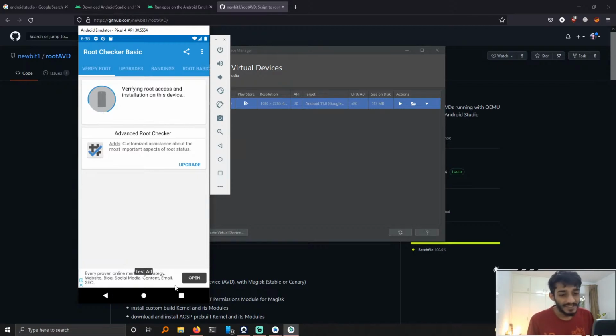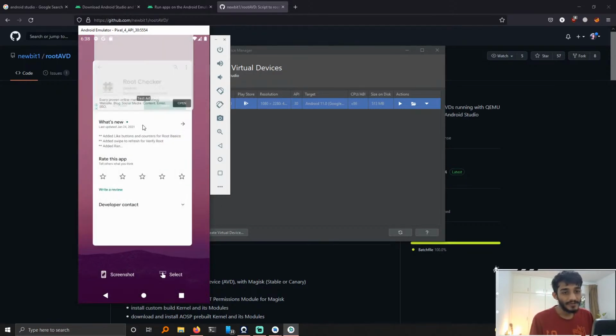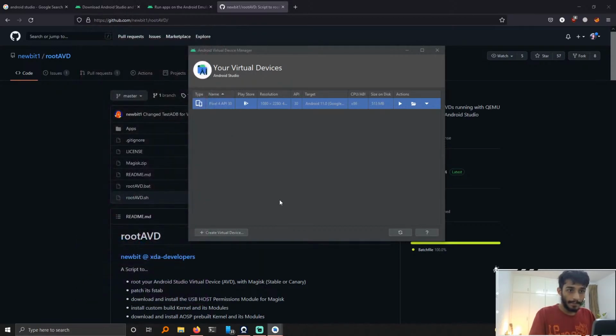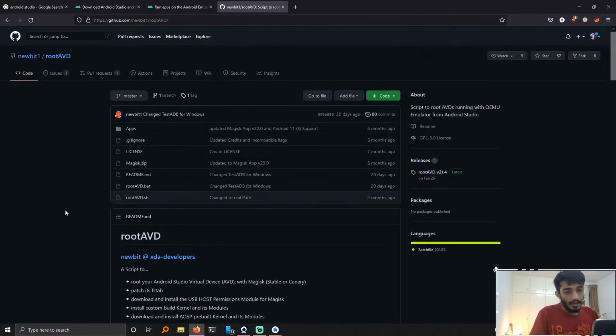Oh, of course, it's not going to work, right? Because we are not rooted. We just wanted to make sure that the app is installed and working fine. Okay. And now that we have confirmed that, the next step is to have Magisk running on it. For that, we're gonna have to